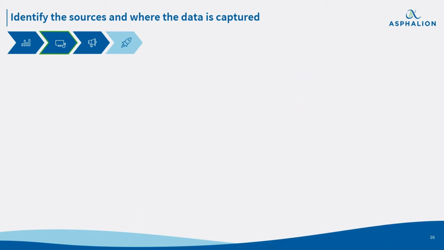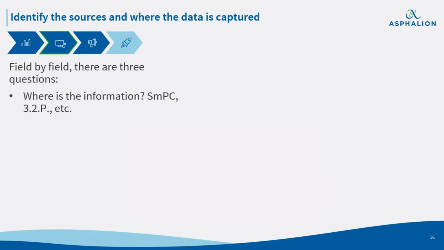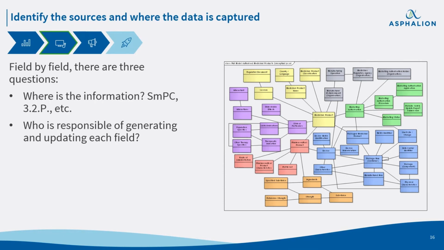So once we understand what we have to report, we have to understand how we have it. First of all, we have these 3 questions. Where do we have this information? Is it covered in any document, maybe in the SmPC, or is it in our dossier, or is it something that we have to request from the marketing team because they are the ones with this information, or maybe the people at production, and we have to call them every time we need this information?